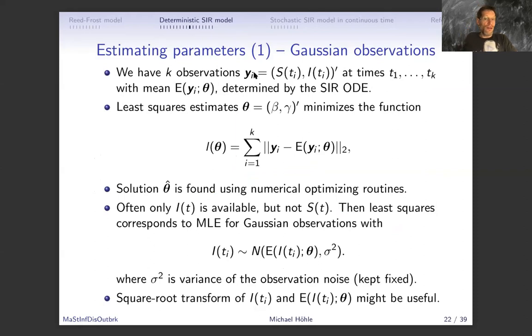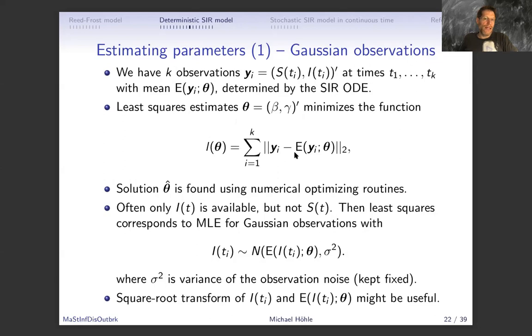And then you can also discuss what type of data would you normally have available. And of course, we will return to that just shortly. But if you have S and I available, then okay, you can do some least squares type approach where you say,